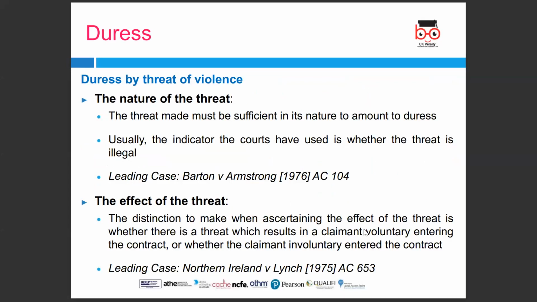Duress by threat of violence. An example of duress would be physical abuse by an abuser, so hitting the victim until they gave the abuser valuable jewelry. Proving undue influence is more complicated. An example of undue influence would be an abusive spouse withholding affection unless the abusive spouse were to be given valuable jewelry.